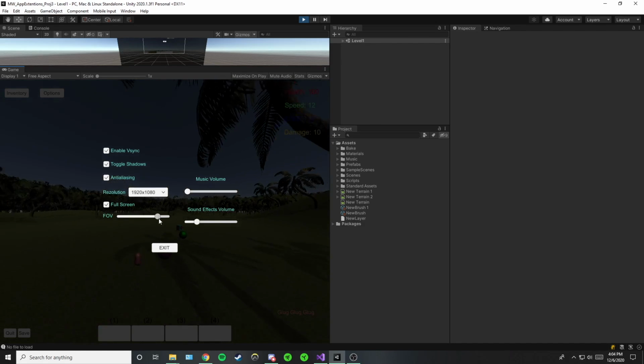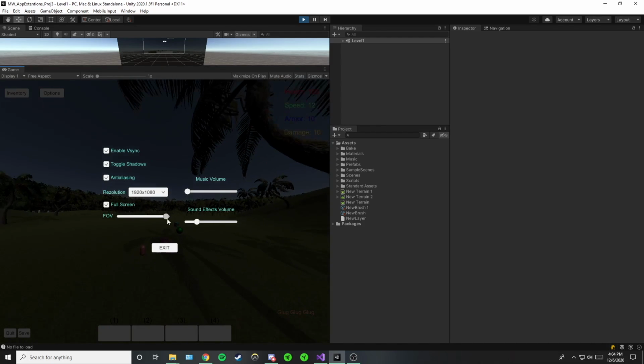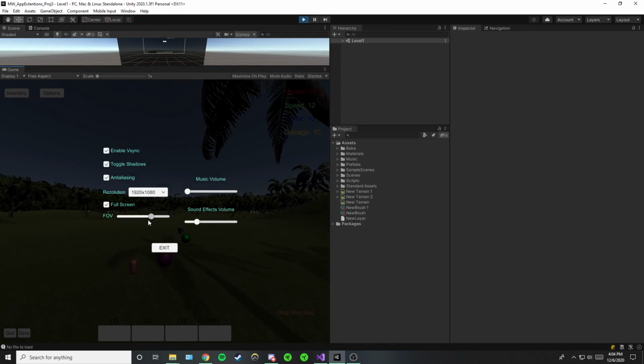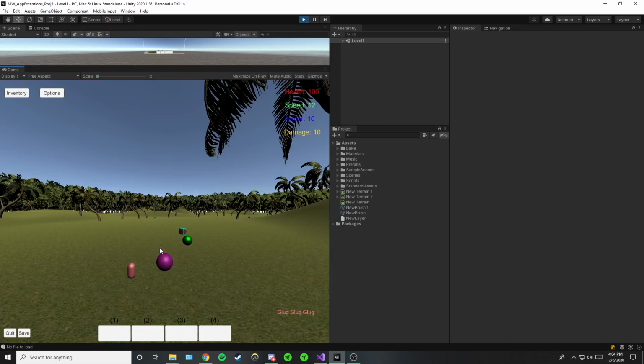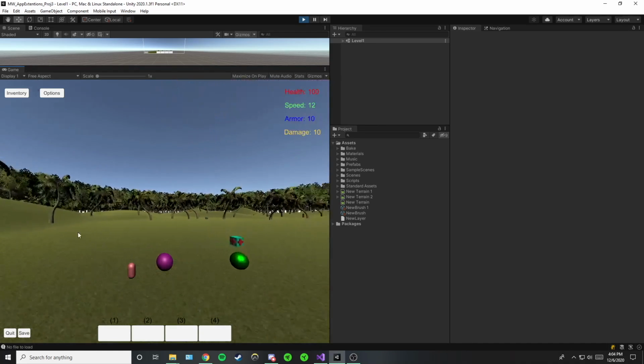I have a field of vision slider. We'll leave it like, not like that, like this. We're pretty good. The full screen and resolution don't work on the Unity game window. And just for variety, I'm going to turn off anti-aliasing. You can see shadows when they're on and off. So I'll hit exit, and